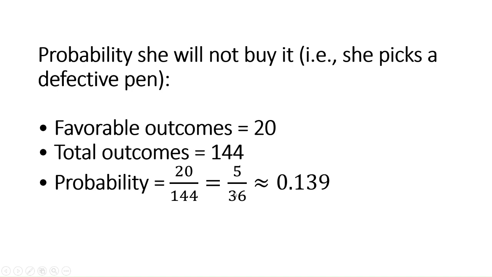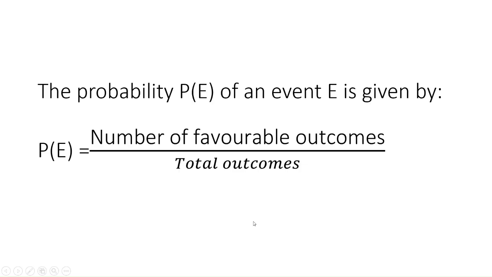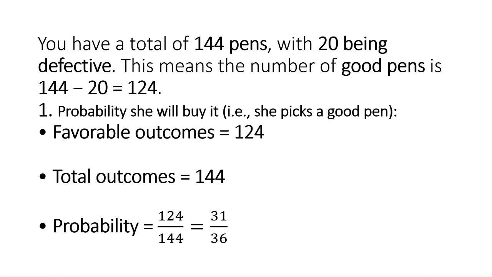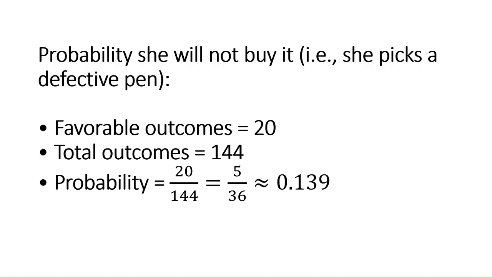Okay, so it is the probability to draw a defective pen from the lot here. That means in the given question, it is asked what is the probability that Sudha buys the pen, and what is the probability that Sudha won't buy the pen. So that she buys the pen means 31 by 36. She won't buy the pen means 5 by 36. The respective probabilities that we have calculated.